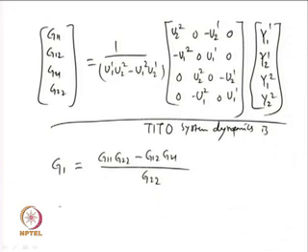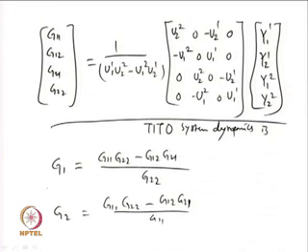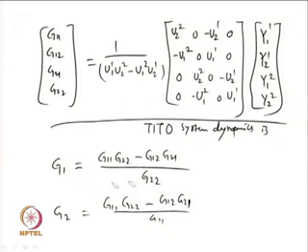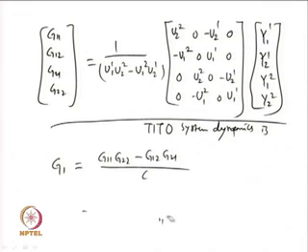Similarly, an expression for G 2 can be written, where in this case it will be G 1 1 G 2 2 minus G 1 2 G 2 1 divided by G 1 1. So, these are the two decoupled transfer function representations of the TITO system dynamics. When I consider the upper one, then upon substitution of G 1 1, G 1 2, G 2 1, G 2 2 in this expression, I get finally